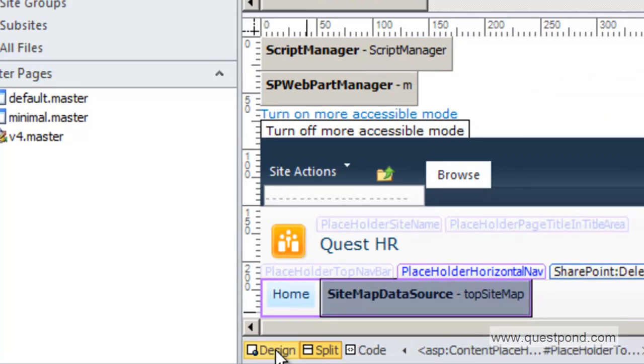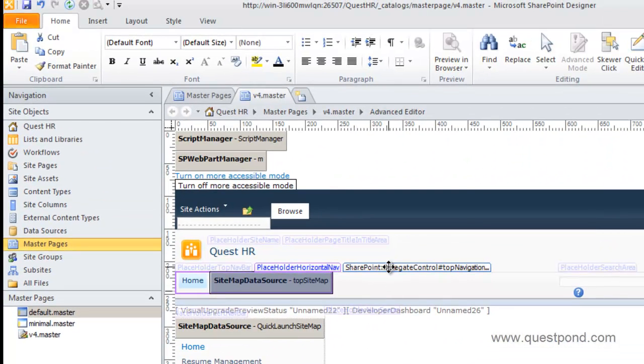Now the second important menu is the visual aids. Okay. Now you can see that when I open the page in the design mode, it is very much cluttered. It has placeholders, it has div tags, it has the script manager, web part manager. I'm not sure how I can go and design this page, because I see a lot of things over here, which is not giving me a clear view of where to click and what to delete and what to add, right? So for that, what you can do is you can downsize this view, or you can simplify